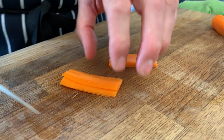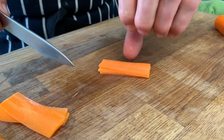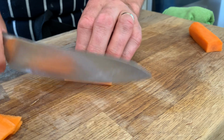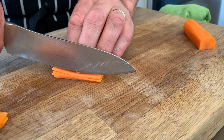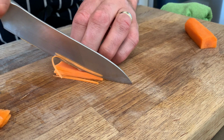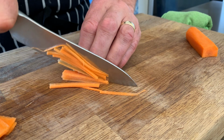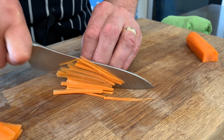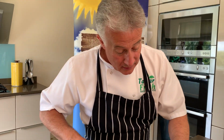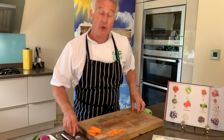Now we're going to julienne them up. So I'll just push that to the side and we'll get our fingers. Now with the knife, you want to keep your fingers behind the knife. Your nails are back so you don't cut yourself. You want to go as thin as you can. So that blade is resting on that part of my finger there. And I just want to go forward. So it's that motion. I'm exaggerating for you. So it's a real slow motion. Can you see that? There you go. Like that. And that is your juliennes. All right, like that. Right, we'll put that to the side for now, and then I'm going to show you